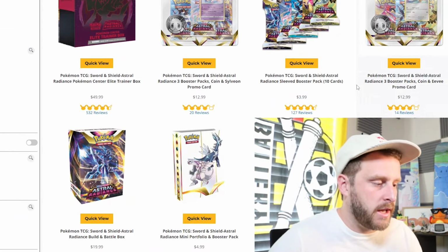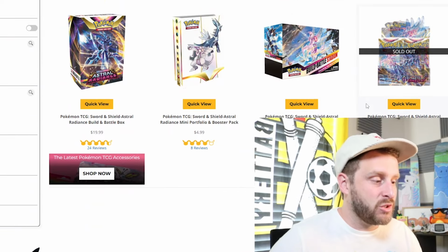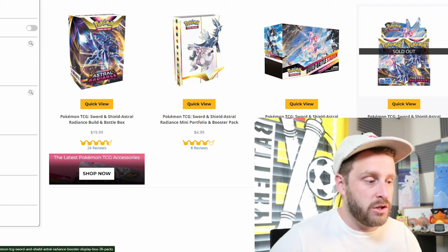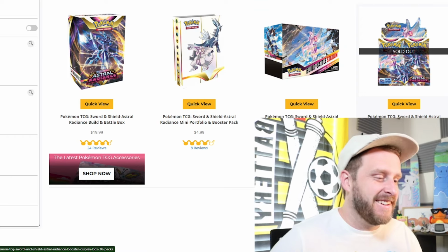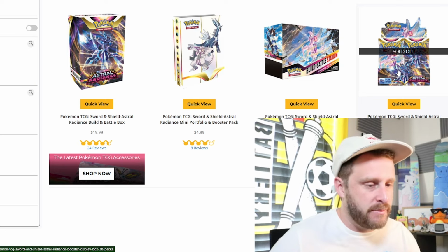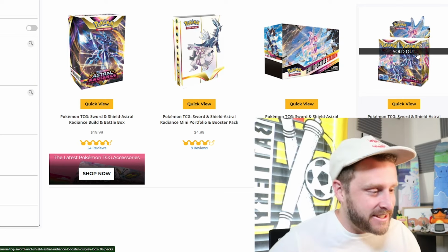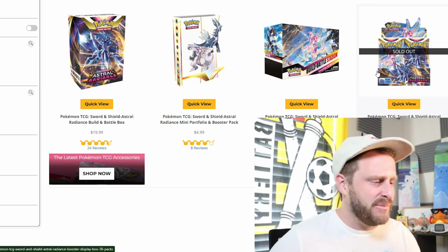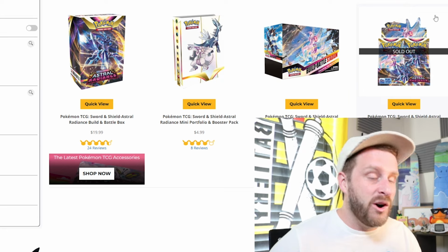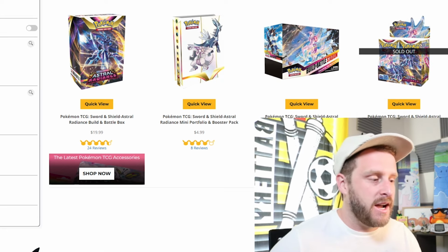Let's take a look at Astral Radiance. See, I didn't realize this, but it is sold out again on the Pokemon Center website. So I managed to buy, like I said, I would like to get 4 of each of these just to keep in my collection. When it sold out the first time, I went to a random website and bought one for like $130, and then when it came back in stock on the Pokemon Center's website, I bought another one,